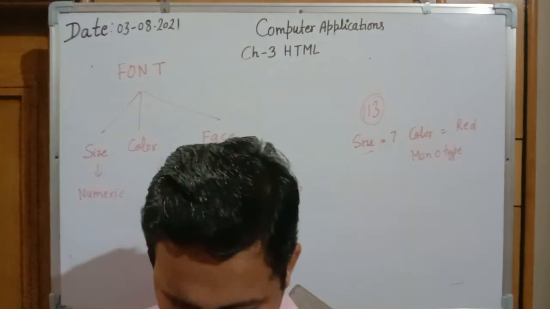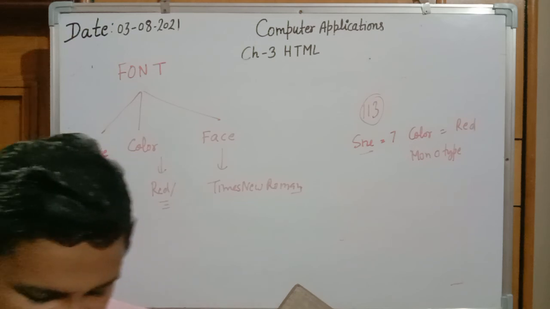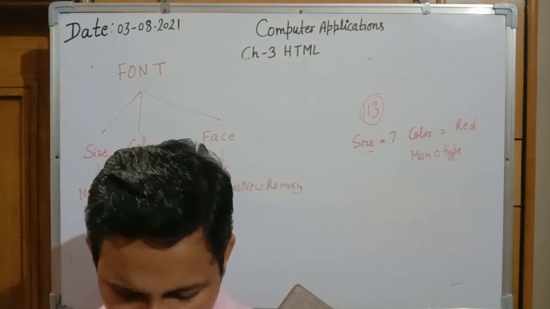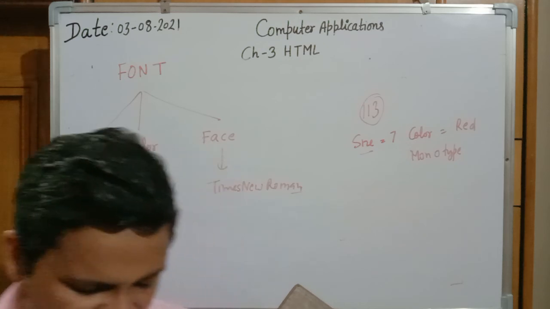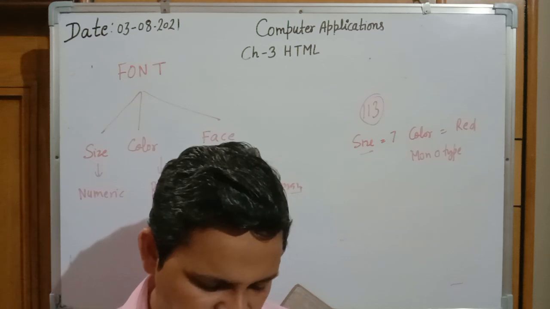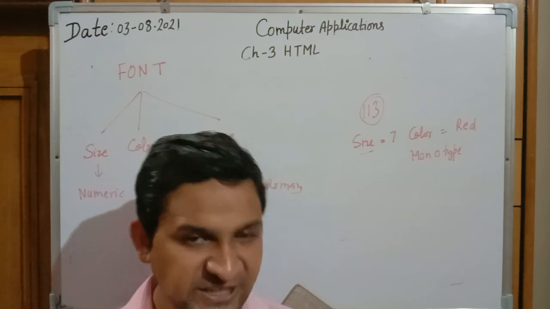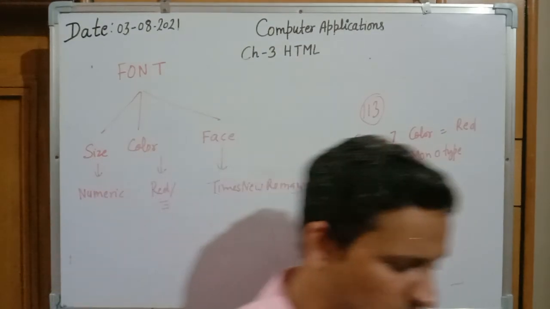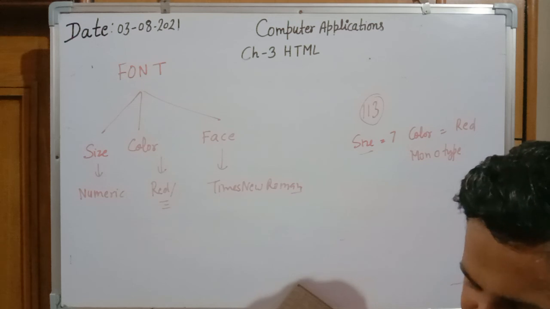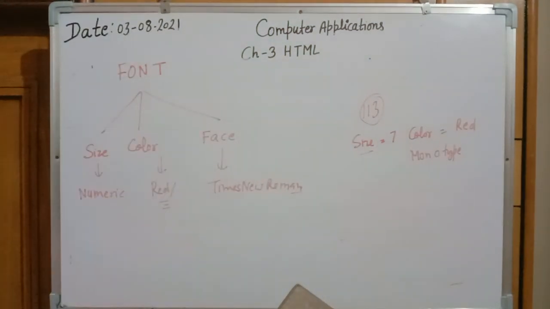Afterward, again they have taken two line breaks, BR and BR. Now they have taken font size 3, color is magenta, and face is Comic Sans MS. So the next line will be written in size 3, color will be magenta, and type will be Comic Sans. And the statement is HTML is very easy to learn. Now see the output screen. The first line is very large in size, that is font size 7. Second is font size 5, and third is having font size 3.